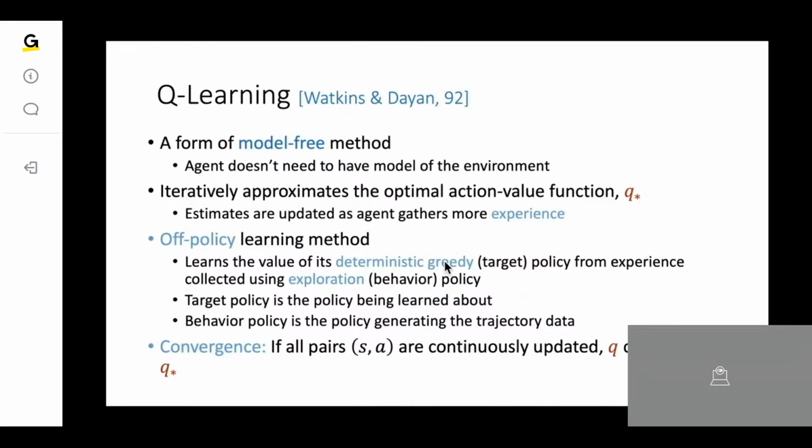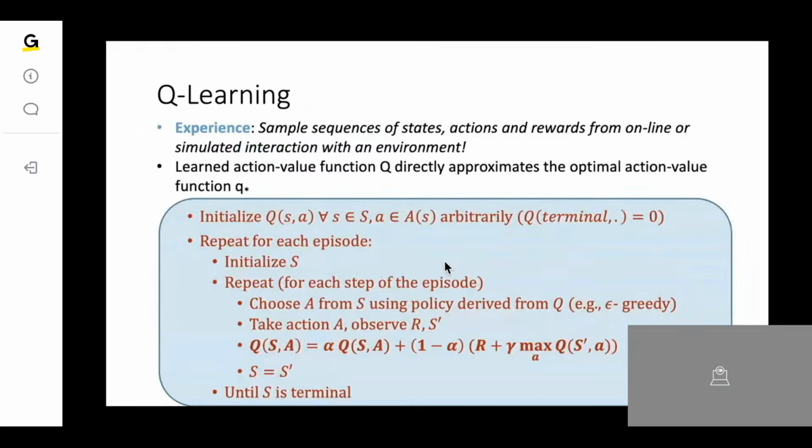There are some other stochastic approximation assumptions on some of the hyperparameters, but other than that, there is proof that Q learning ultimately converges to Q star because of these two policies that are working in tandem. What this means, we will look at. So Q learning is one algorithm we want to look at in a bit of detail, step by step,